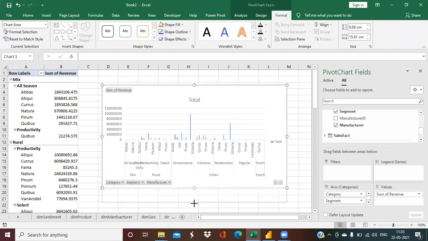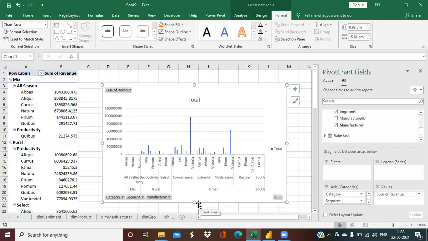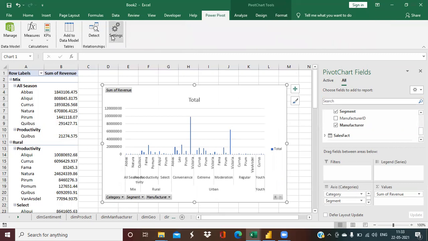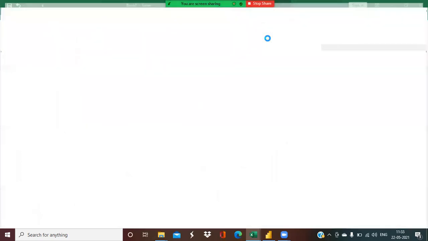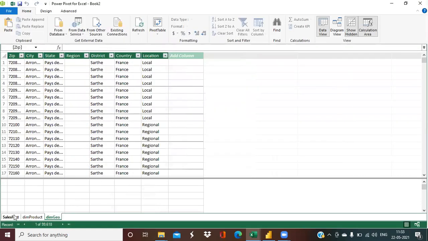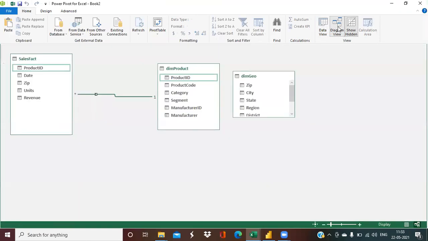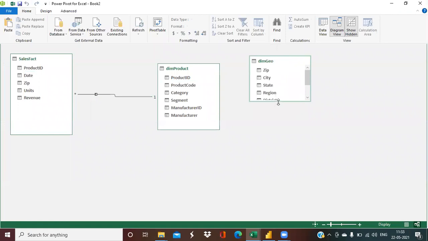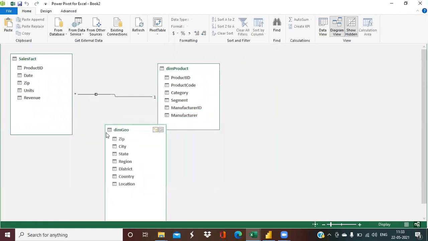Now we just need to add some extra charts as per our requirements, and we'll jump later on into the dashboard. So the data model always plays a very, very important role. Okay, so the data model lets you know how the tables are connected with each other. So you can go to Power Pivot, have a look over there. Your three tables are there inside this data model right now. You can go here, jump to the diagram view. You can check out the relationship. Right now, these two tables are not connected with each other.